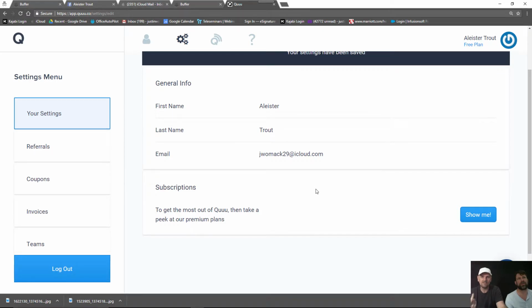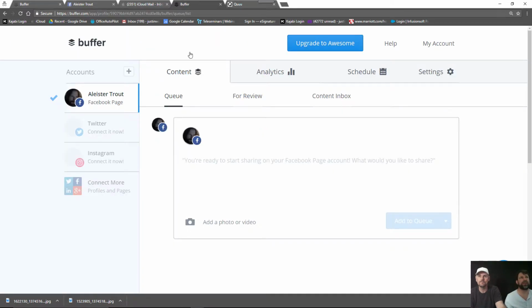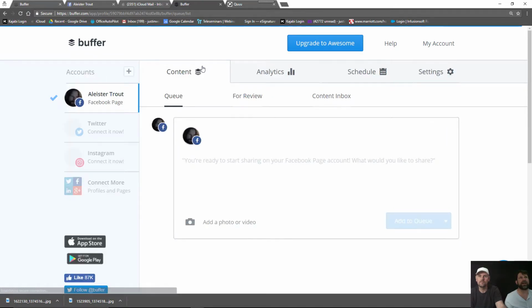So after you set up Q, though, like Andros is saying, you can manage everything through Buffer going forward. And even above and beyond that, they have a plugin for Buffer. So if you're just on the net and you find an article that you like on the net,